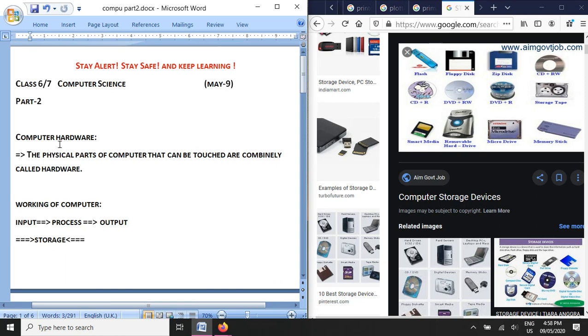The first is input hardware, used to give input to the computer, like the keyboard, mouse and microphone. Then the processing device, the CPU, central processing unit, processes the data and the result is given back to the user. And there are output devices, like the speaker and monitor, which give output from the computer.